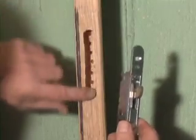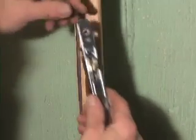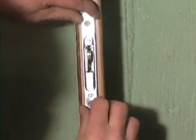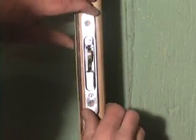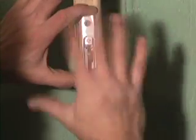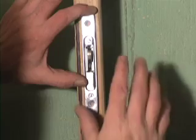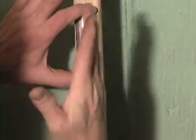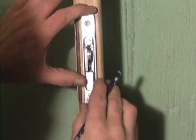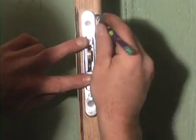Now, I'm not trying to mislead you. While I was off camera here, I probably worked on this hole for about 10 minutes to get it to where I wanted. I've done several test fits to make sure that it goes in nice and easy and clean and that it's centered up real nice and I didn't have to do any trimming. I'm not going to let this thing be in a twist or anything before it goes in. I'm going to make sure that my hole is wide enough in the back that it's not pulling us off to one side. But now I got it exactly where I want it,